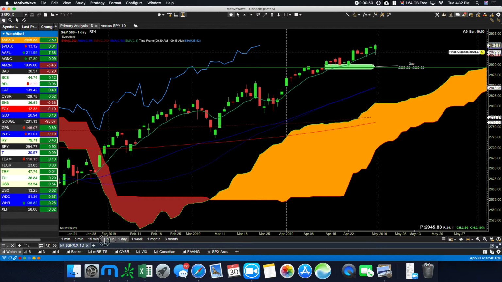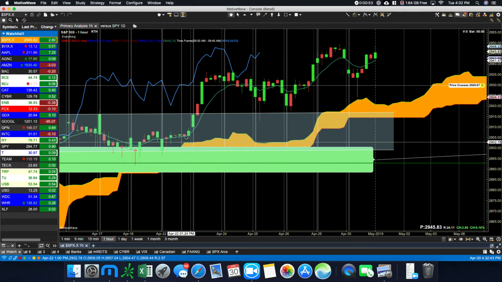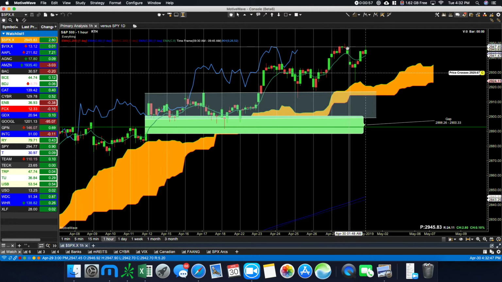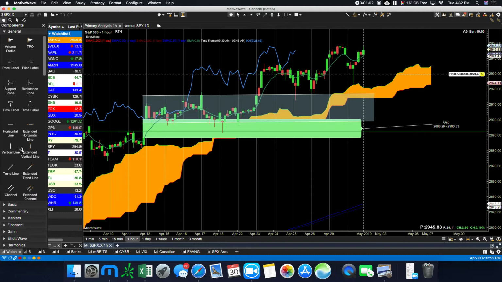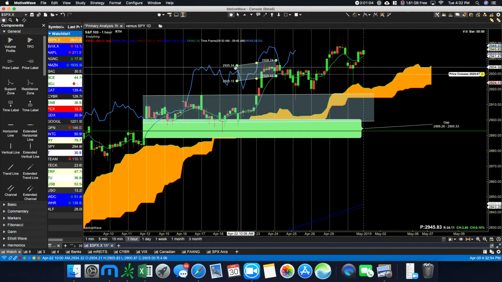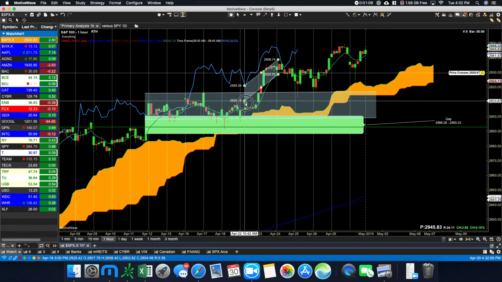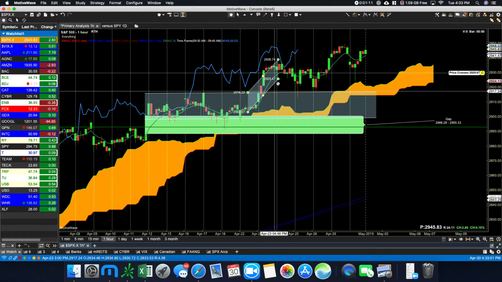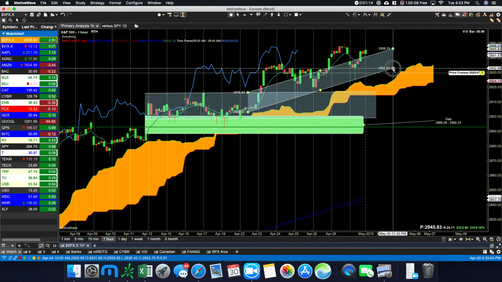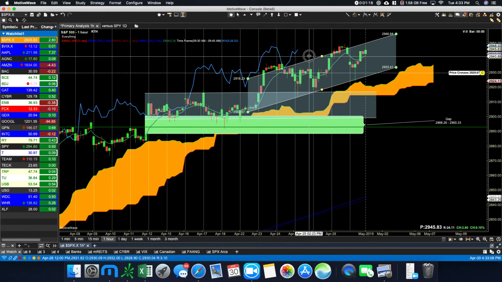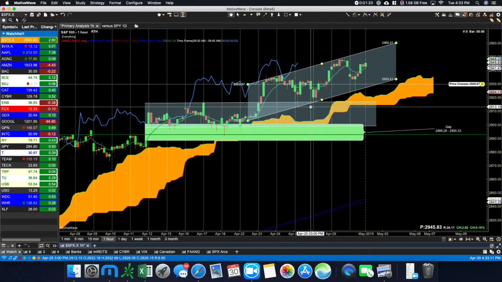So if we go back to our hourly chart, we've got a bit of an upward channel here. So let's draw that. Let's go into Motive Wave and let's take this channel tool and drag it here. Let's just see if we can identify a channel. And we can here with the bottom of those candles and the tops of these candles. So we've got a bit of a channel happening here.